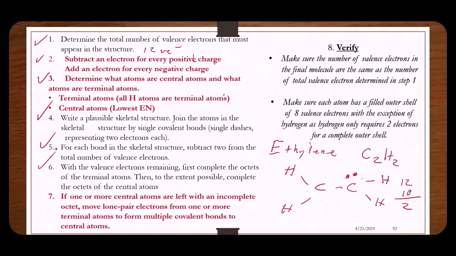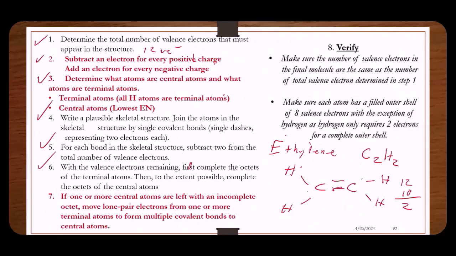Looking at step 7, if one or more central atoms are left incomplete in the octet, move the lone pair electrons from one or more terminal atoms to form multiple covalent bonds to the central atom. Since the terminal atoms, hydrogen, are complete, we start with the pair of electrons on the central atom, but we do the same thing. We can see this carbon has a complete octet. It has 2 lone pair electrons and 3 bonding pairs, but this carbon only has 3 bonding electrons. So we move the lone pair from this carbon to form a double bond,